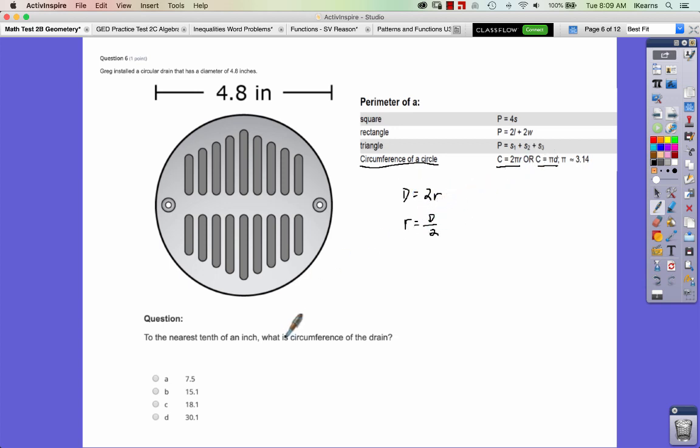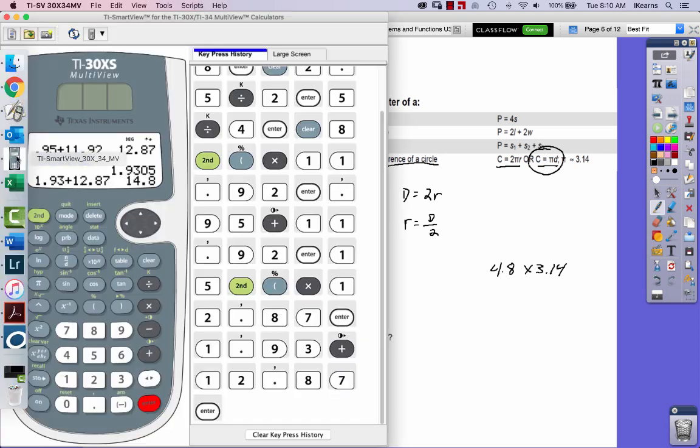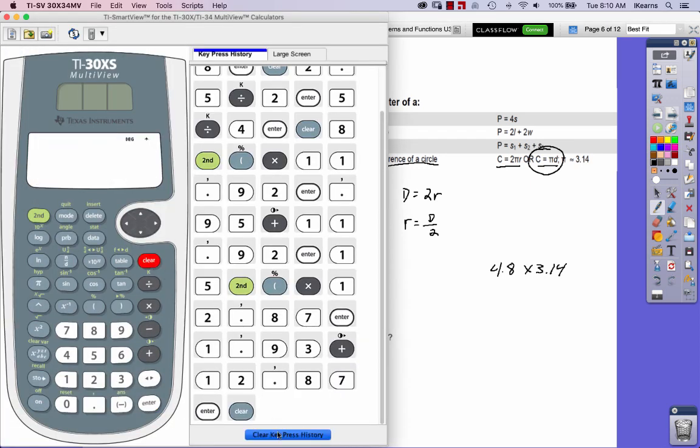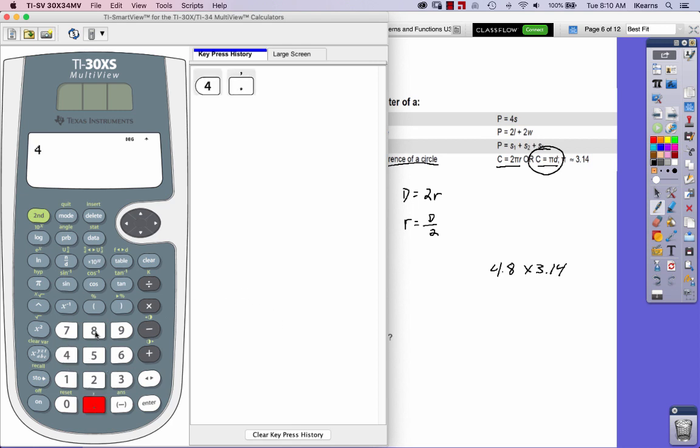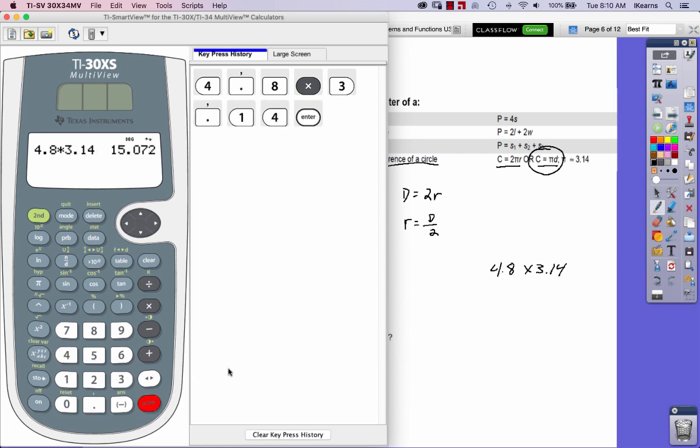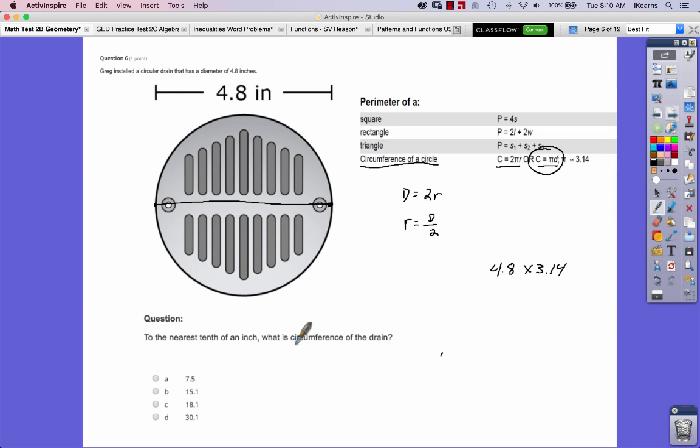In this particular case, we have the diameter. This is the length of the diameter. If we go from edge to edge through here, that's going to be the diameter, so 4.8. So we're going to use this formula here, where they tell us pi is equal to 3.14. So we're going to take 4.8 times 3.14. Let's assume you can use a calculator. Let's clear all this. So 4.8 times 3.14 equals 15.072, and it says to the nearest tenth, so